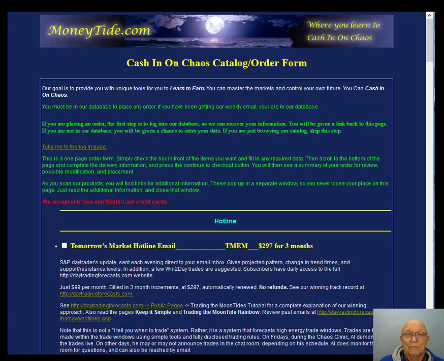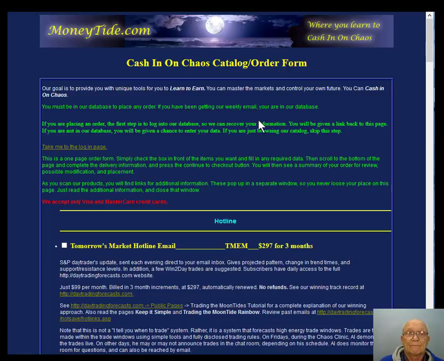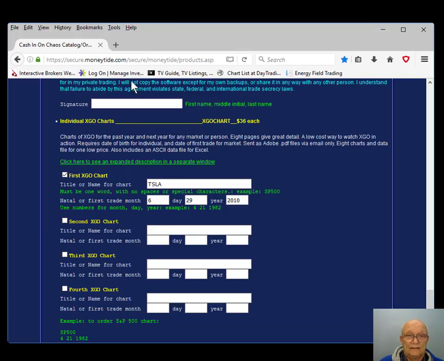Now, my order form is very simple. I do not have shopping carts and lots of separate descriptions. I've got everything on one long page. Now, we do accept MasterCard and Visa. The way this order form works is you simply put a check mark in front of what you want to order. We're going to scroll down here and find where to order the XGO charts, and it's listed down here